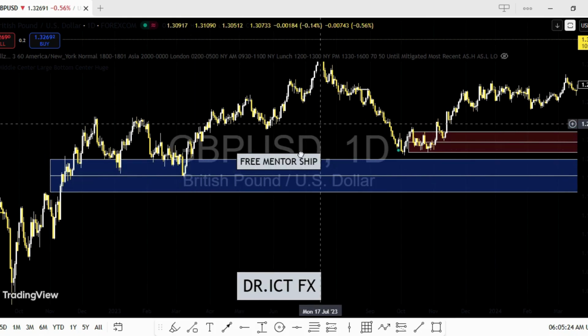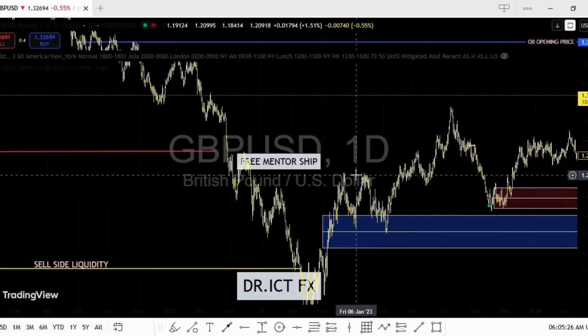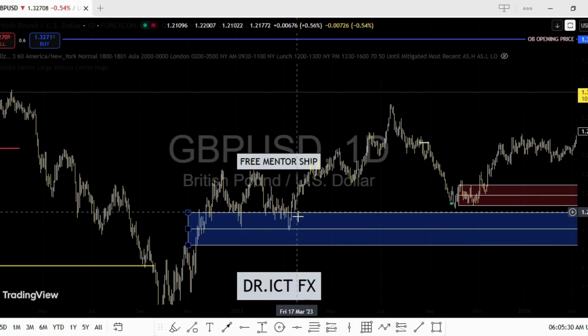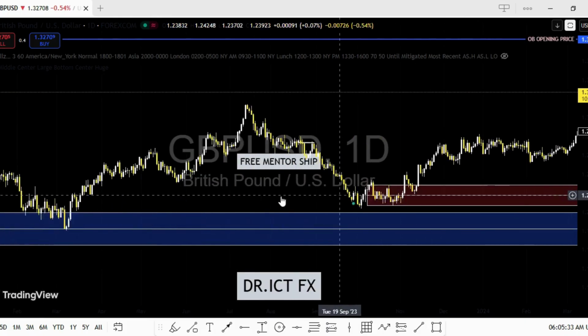Remember, we said that when we are in the deep discount, so this is the price action here on the